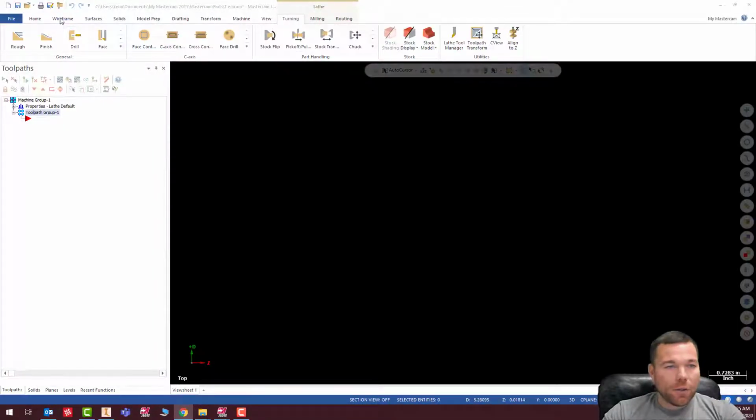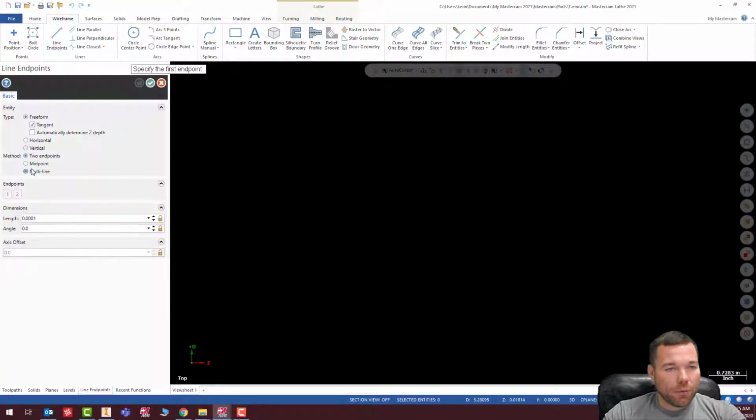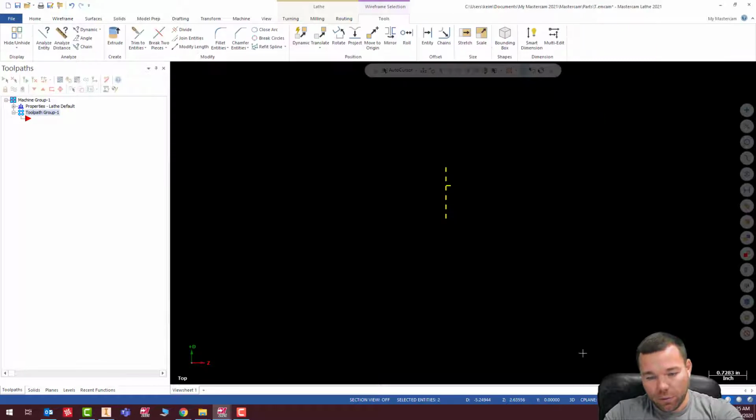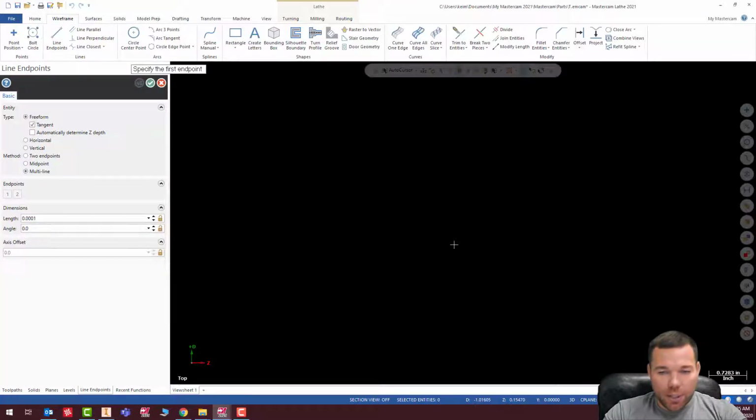So let's go ahead and start our wireframe endpoints, and we're going to do multi-line 0, 0, enter. And I'm going to go to 2.0, 0. Actually, check that. We're going to go a little bigger than that. Let me scratch that. 0, 0, enter. 2.01, 0, enter. 2.01, negative 0.15, enter. And then we're going up to 2.35, negative 0.15, enter. 2.35, negative 0.9,